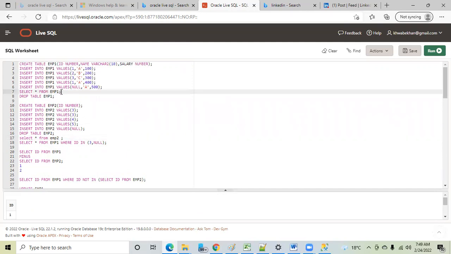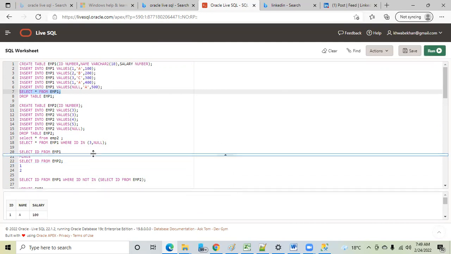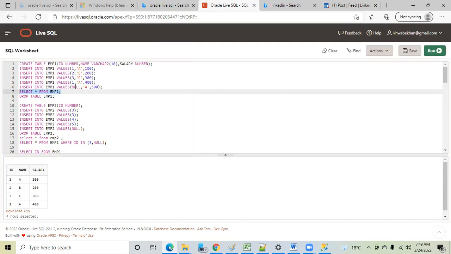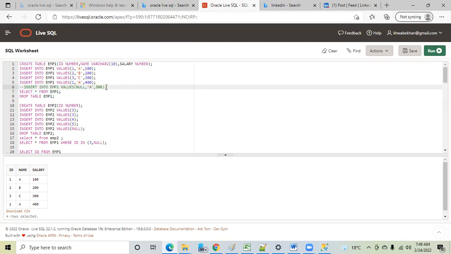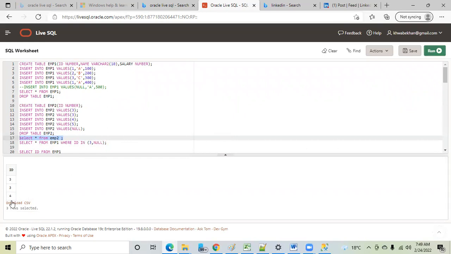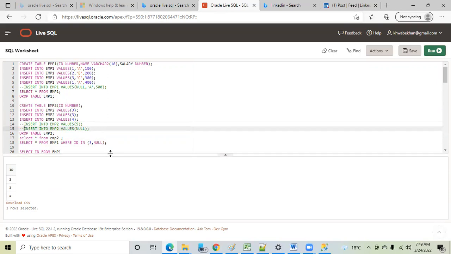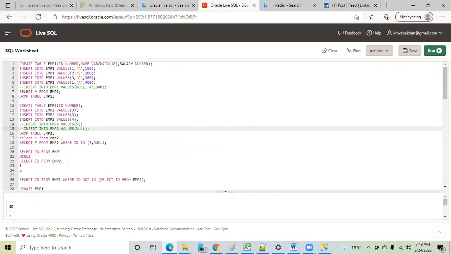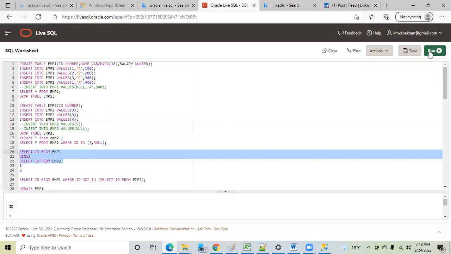Okay, so now this is the data. The data was not correct at that moment. This is the data in employee 1: 1, 2, 3, 1. Suppose this null record is not there, first of all ignore this one. And in employee 2, this is the data: 3, 3, 4. 5 is also not there, and null is also not there. Fine. Now, if I'm executing employee 1 ID minus employee 2 ID, the output is,